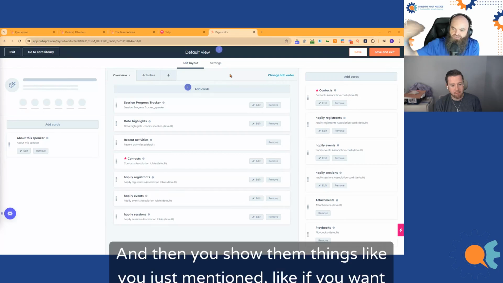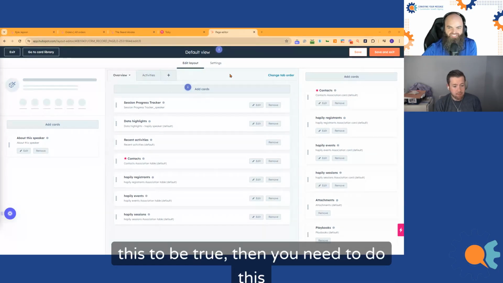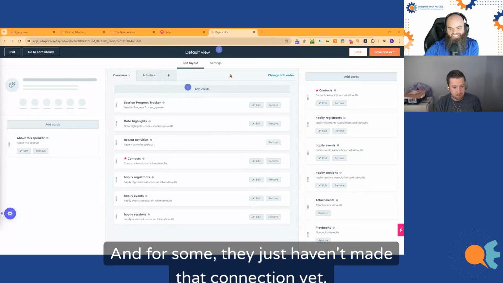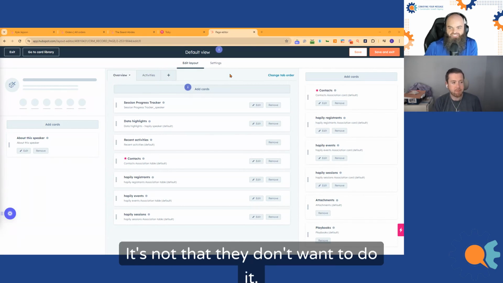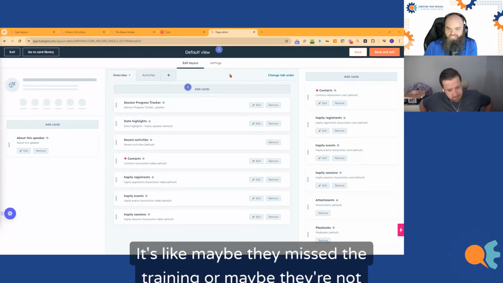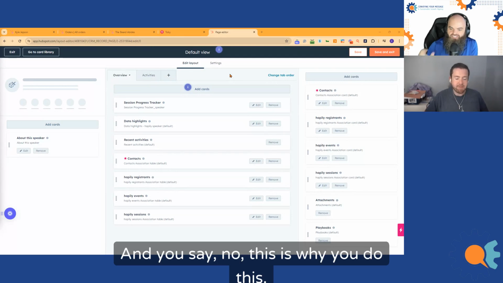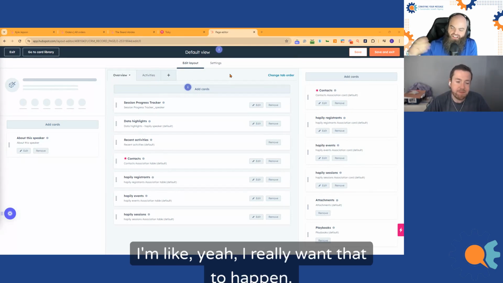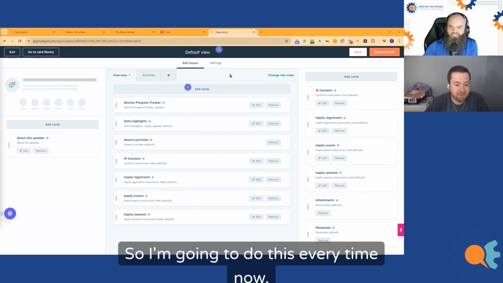And then you show them things like, if you want this to be true, then you need to do this part. For some, they just haven't made that connection yet. It's not that they don't want to do it. Maybe they missed the training or maybe they're not understanding. And you say, no, this is why you do this, and they're like, oh yeah, I really want that to happen, so I'm going to do this every time now.